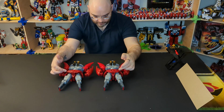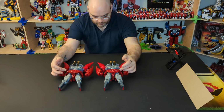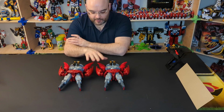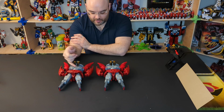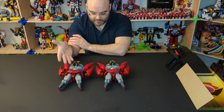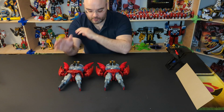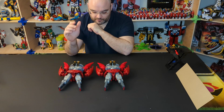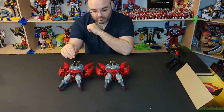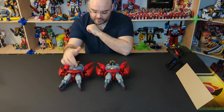Now there is a noticeable difference in height between the original and the upgrade version. I'm guessing that the reason the clips here aren't on this model is because this skirt is higher to allow hip pivot movement up and is too high to allow the combination when Don Onitaijin form is made with these arms folded up. I haven't tried it yet. I will try and report back with my findings. That at the moment is the only major downside to this model that I would say, and it's not even a major downside. There's got to be a reason for these clips not being here. Anyway,